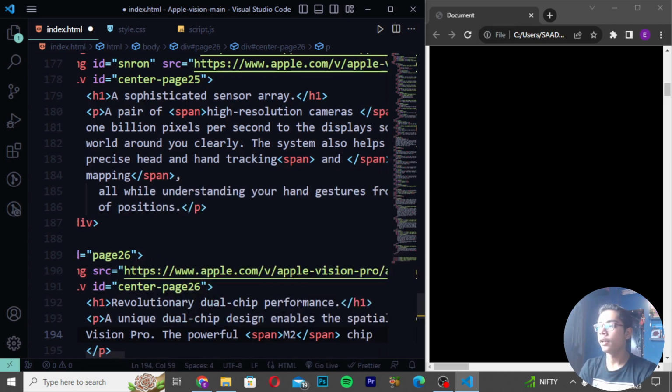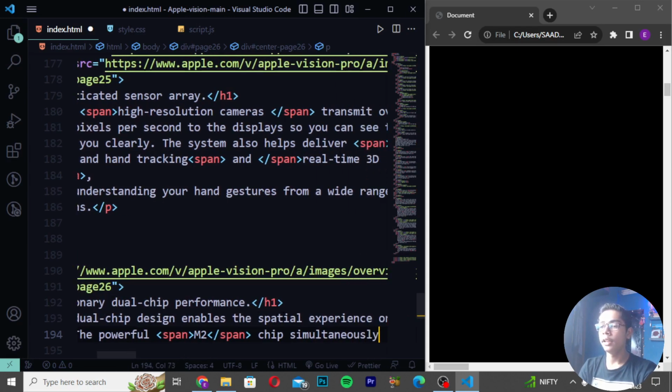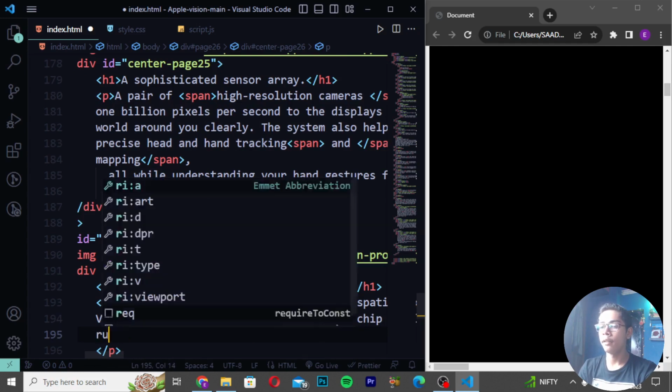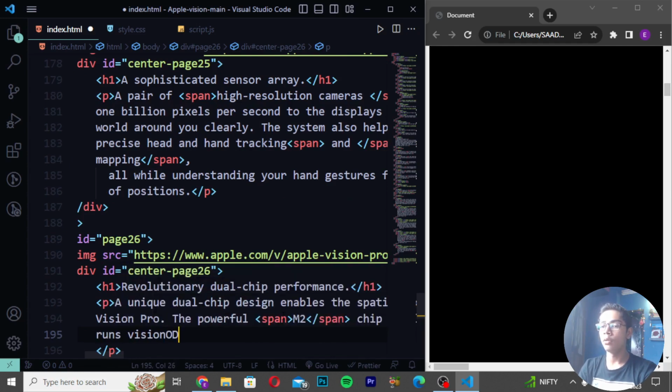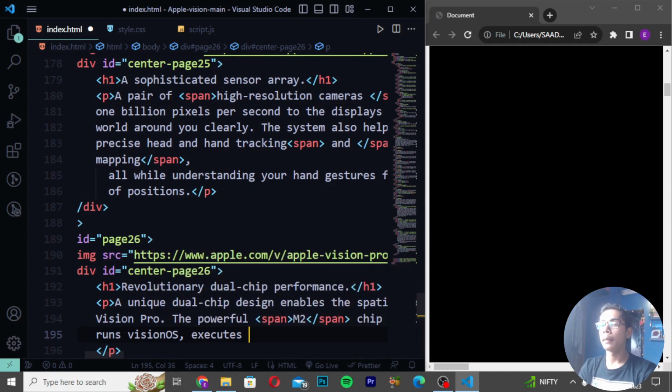So here I will be now writing like this, and write here simultaneously, and then I will be now writing here run Vision OS, and I will be now writing here comma executes. And after writing this executes here, you have to now just simply write here advanced computer, and I will be now just writing here vision